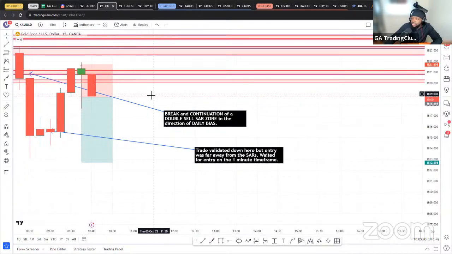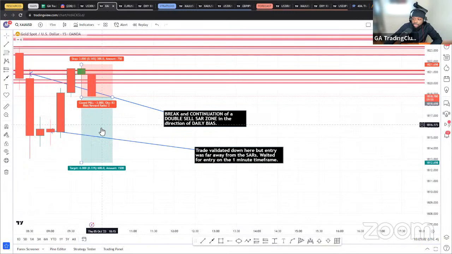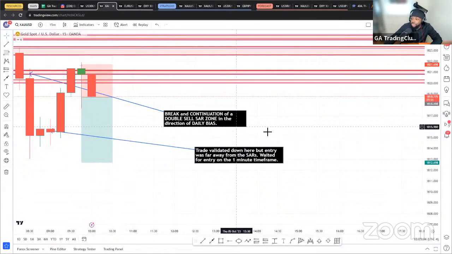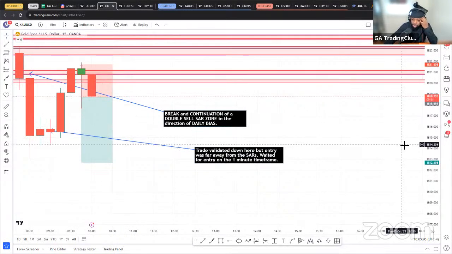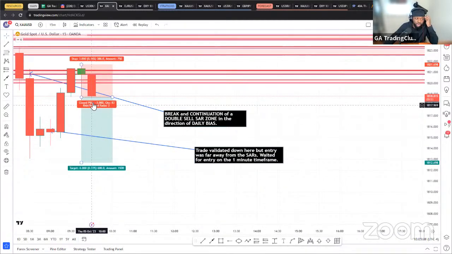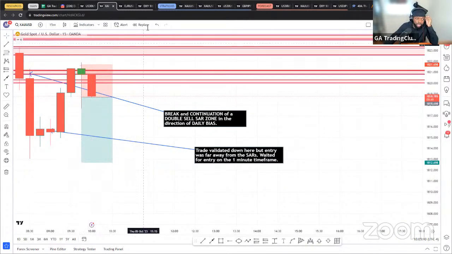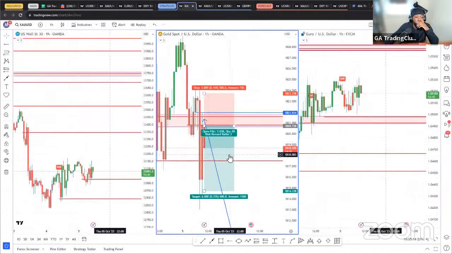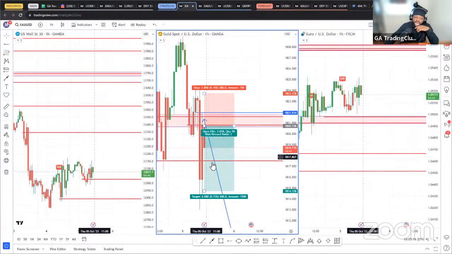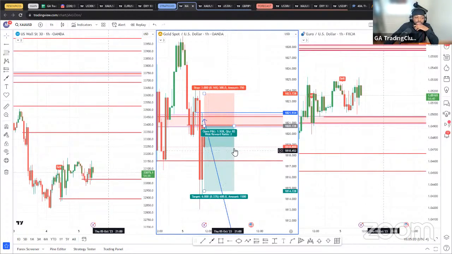So I'm still in this gold sell on the 1 minute. I didn't get faked out. Hopefully you guys did not as well. I am almost at break even. The trade is coming back to entry, which is right here. I'm in this hourly trade as well. Now this one I actually hopped in with, what did I risk? I risked